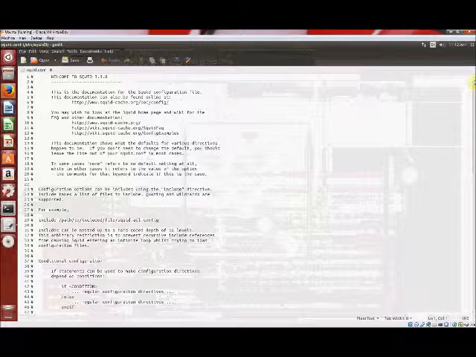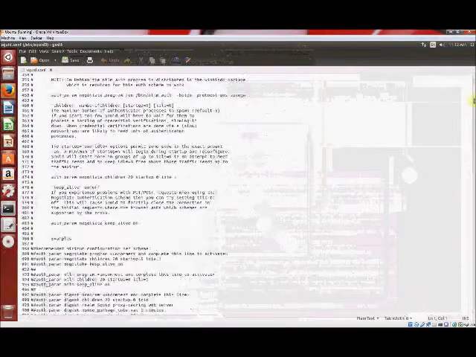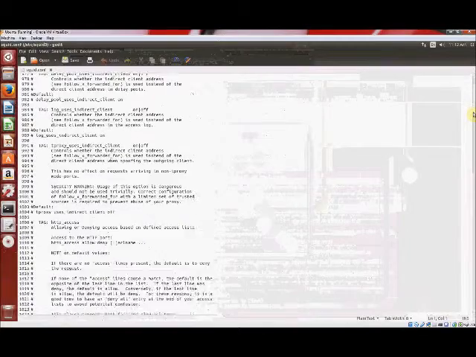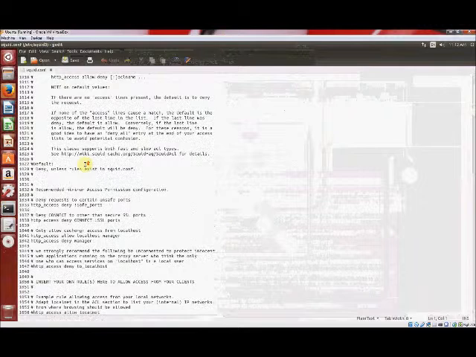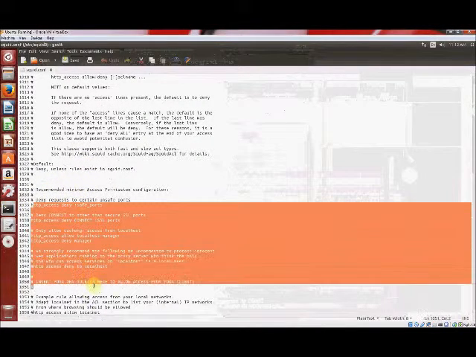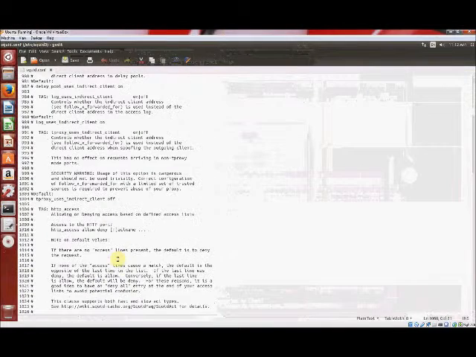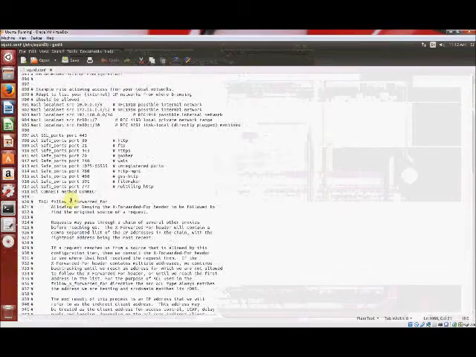As far as configuring this, you can actually put your lines wherever you want. The only stipulation I have found that you might run into is using your http_access. There is a certain order you do want that, so just make sure you put it above these lines down here, because I have run into issues where if you put it below this line, it'll cause issues. So we're just going to go up here under the access ports,